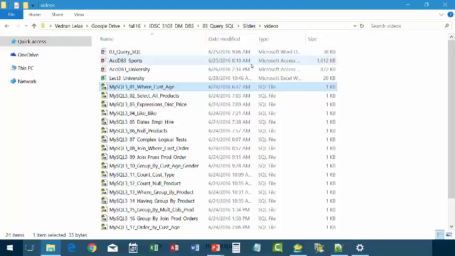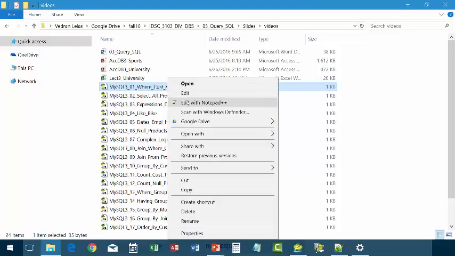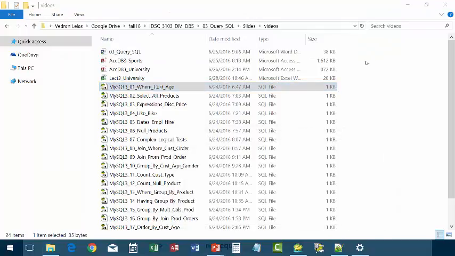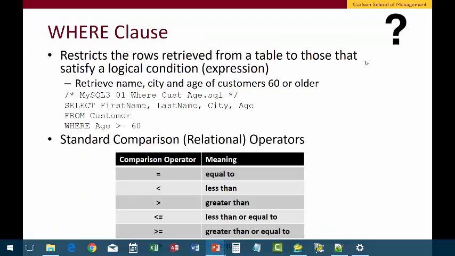down. For me, I have the slides and videos as usual, and then right click on the first SQL script, MySQL3 underscore 01 underscore where underscore cost underscore age, and open this pretty much blank script in Notepad. There's really nothing to see, so we'll minimize it and switch back to the presentation to further discuss the where